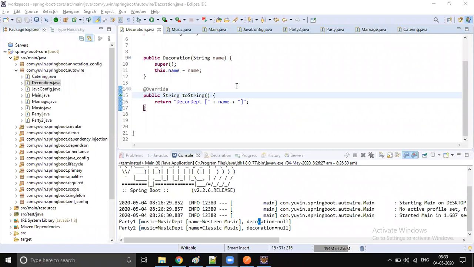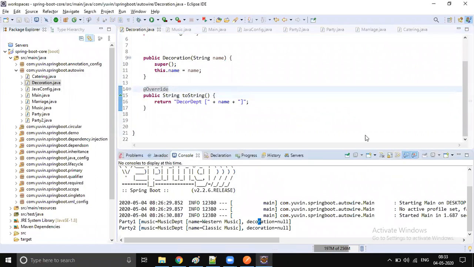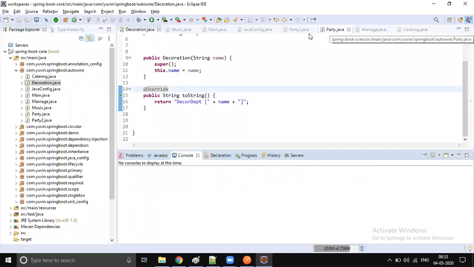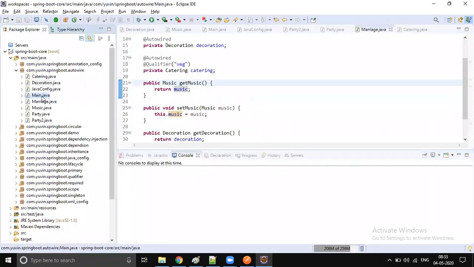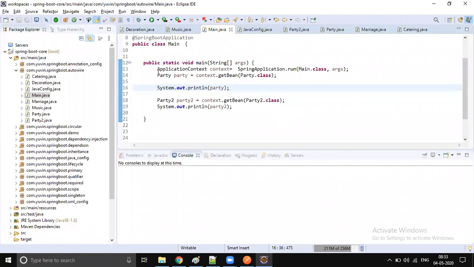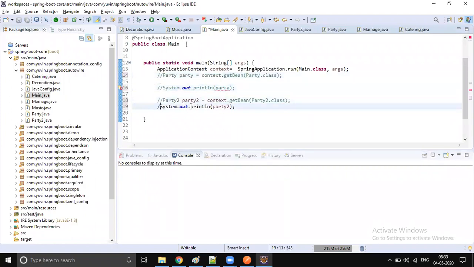Okay. So now let's go to our main class. Till now we are printing party information, so let's comment the party. We don't want party information printed. Let's print the marriage information.